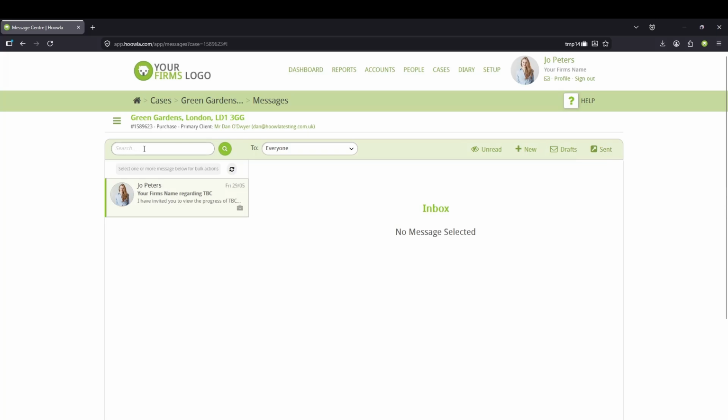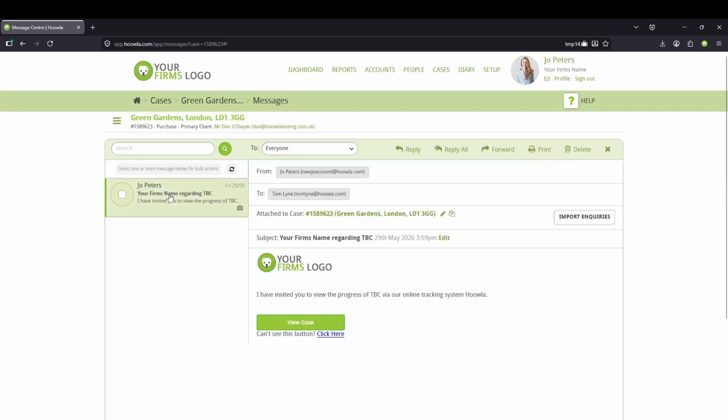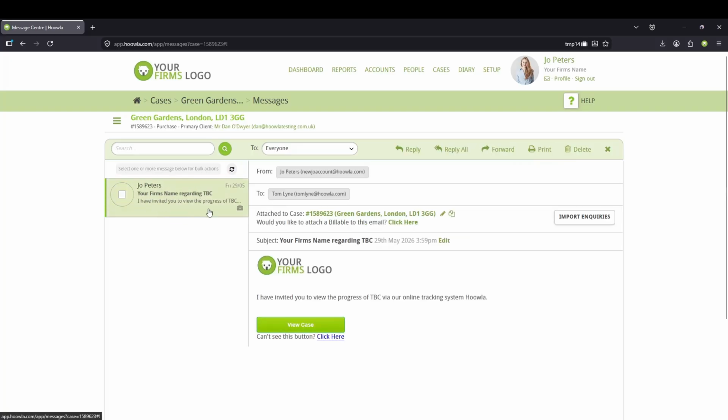You can search for your emails using this search bar up here. You can see your unread emails specifically by clicking this unread filter. You can create new emails by clicking this button, and you can see your drafts. If you view an email by clicking on this email on the side here, you can see the contents of the email, as well as the subject, who it was to and from, and most importantly, what case it was